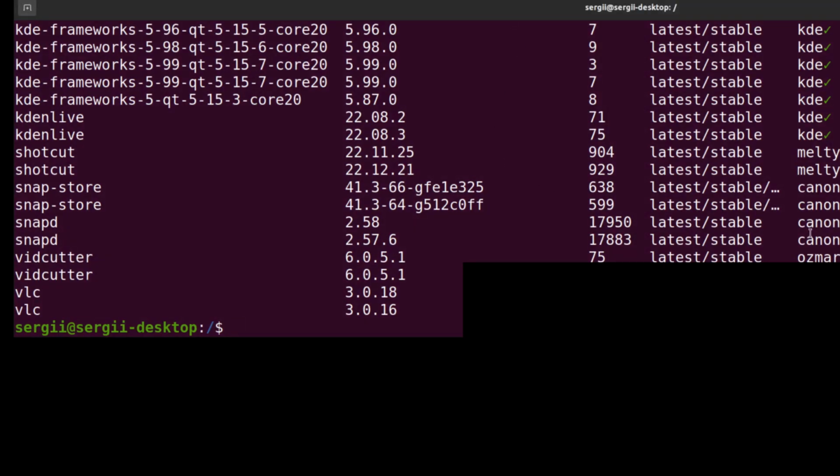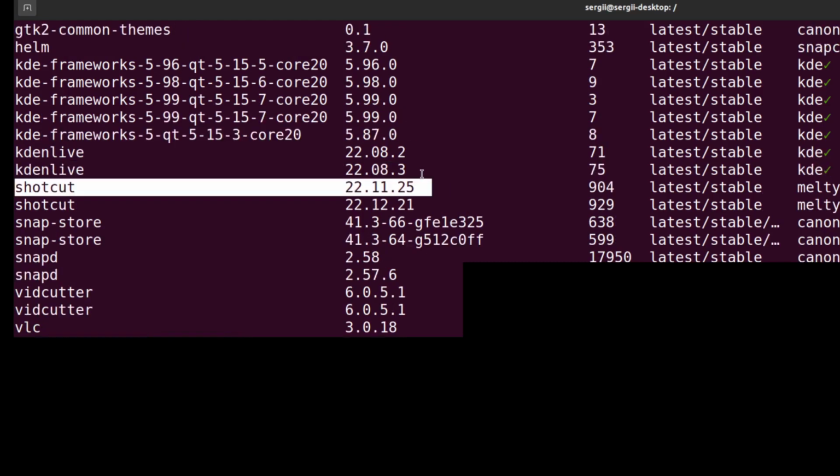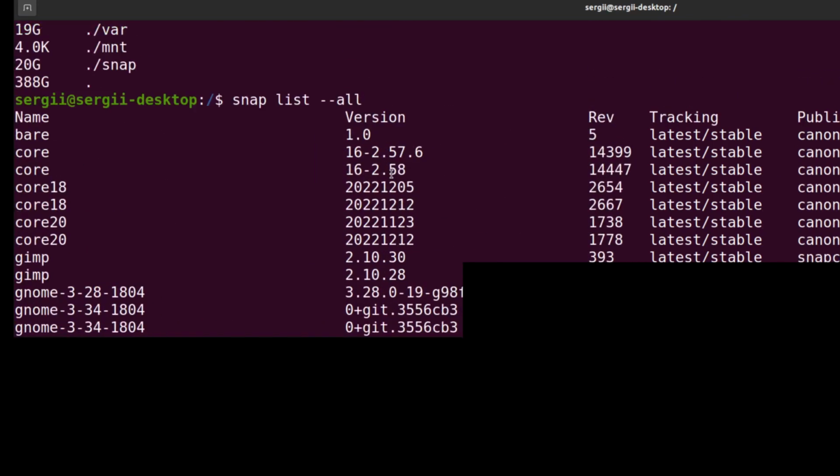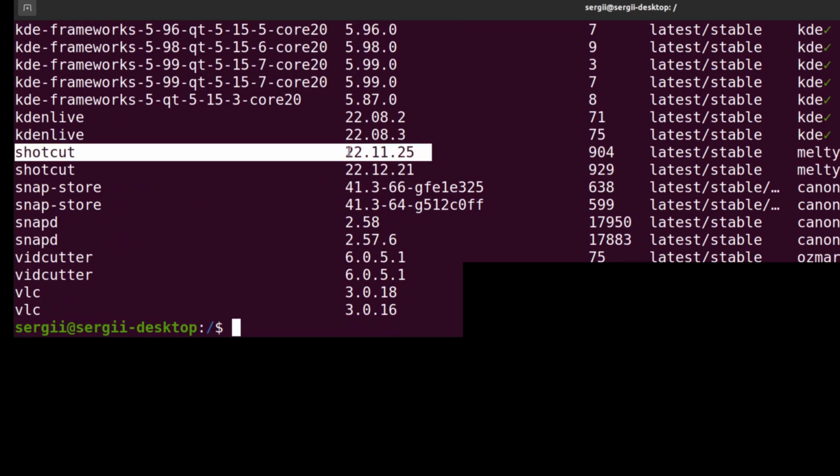And as I learned, there are several versions of the same stuff. You see, for example, shortcut, the version of 25 and 21, right? This is a classic, and this is a disabled classic. So most likely I don't need this one, so most likely I can remove this. But if I do this manually, removing everything manually, it's going to take some time, all the versions. I'd like to go with some automated solution, if possible, some smarter solution.